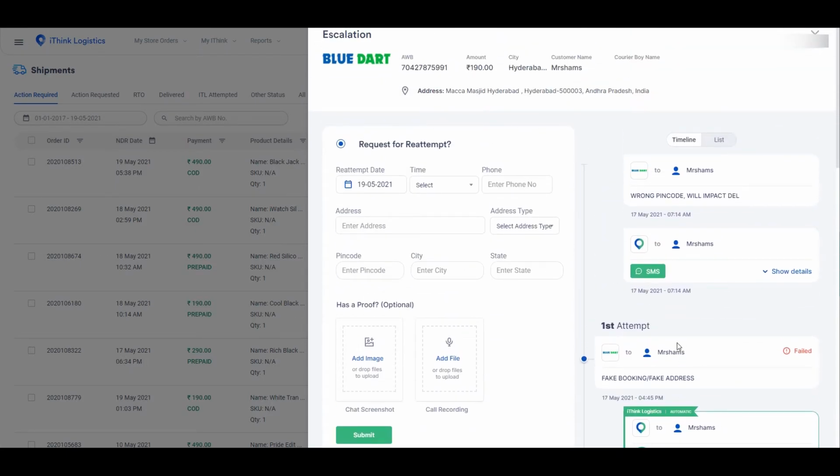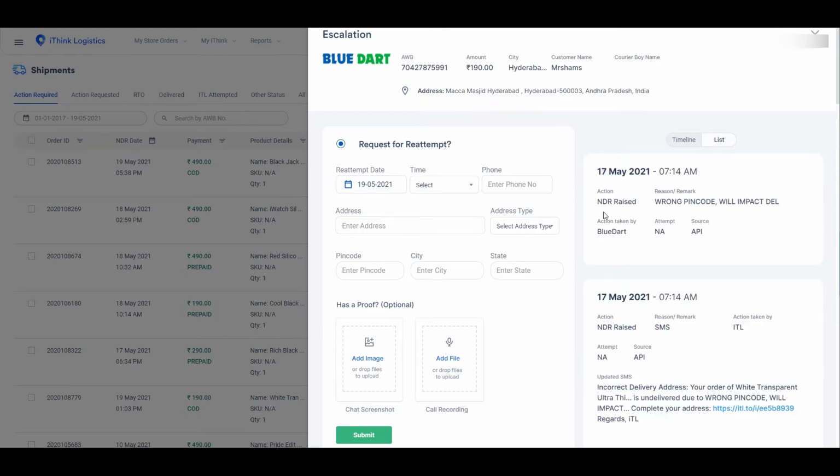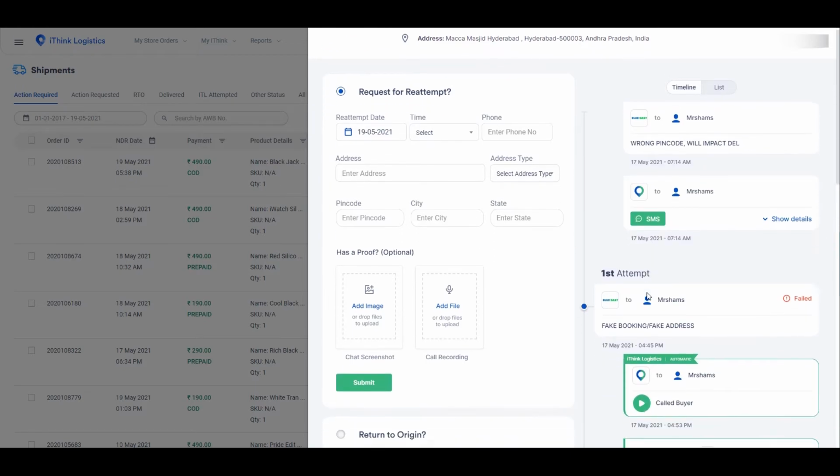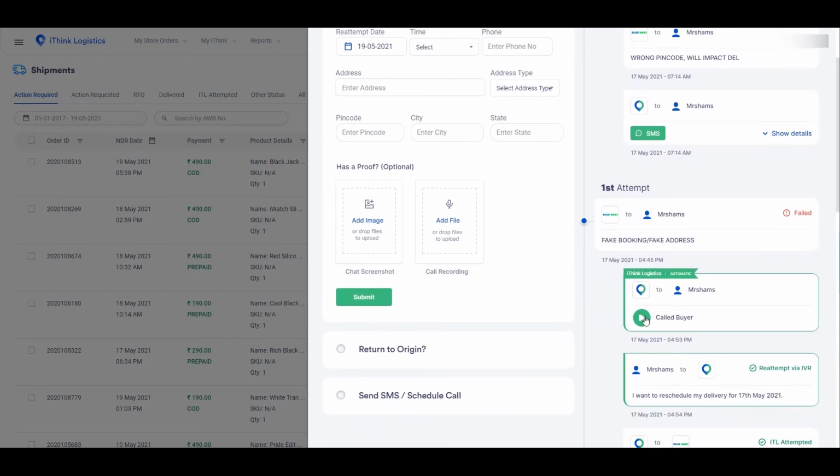All data gets refreshed and replaced every 48 hours. However, the older data details are still accessible through the order section. In list view, all of the details of every AWB are available. Proof of recording, proof of chat, action taken, updated contact information, future delivery update, attempts, and the source are also available. On the other hand, timeline view displays entries based on attempts made by the courier, ITL, and the seller for